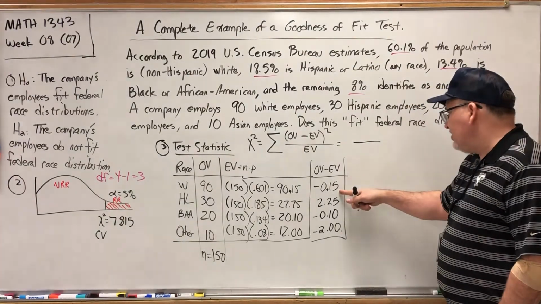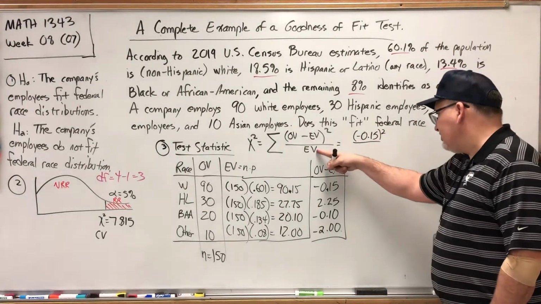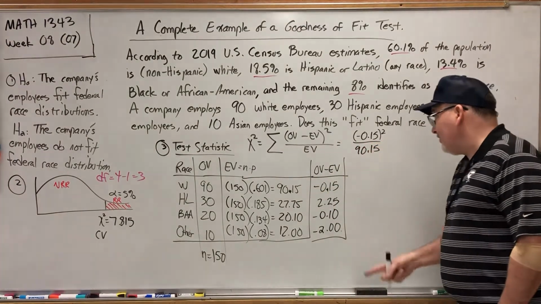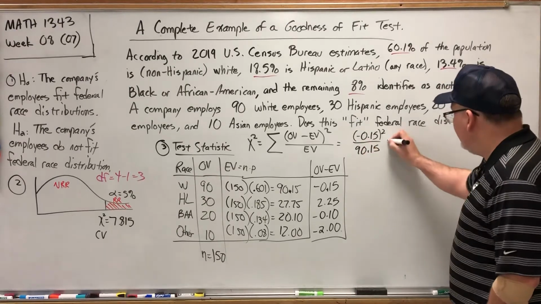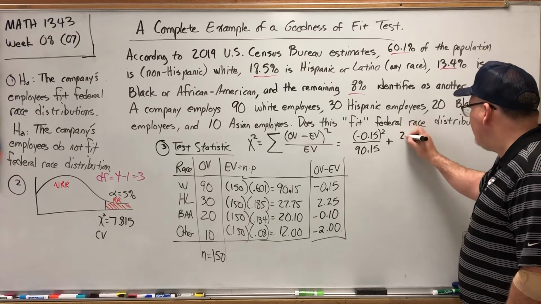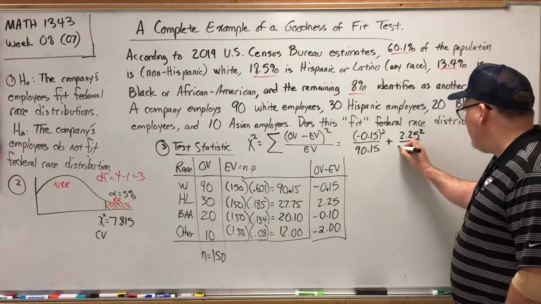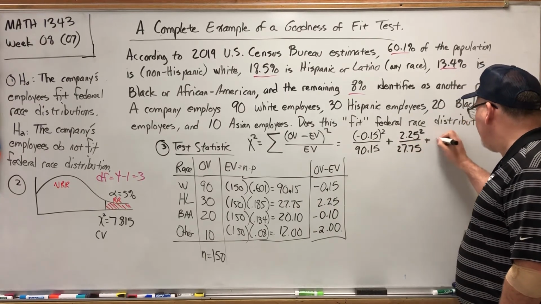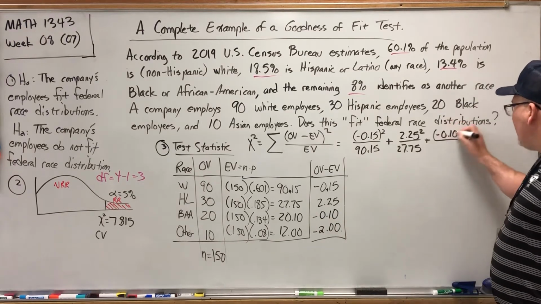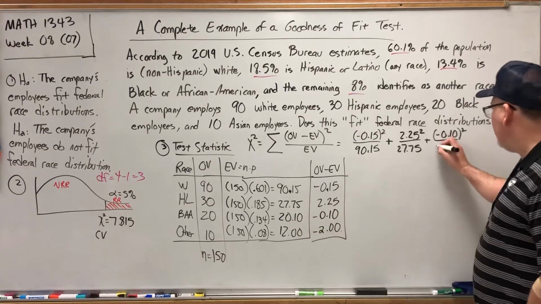The first difference was negative 0.15. That gets squared and divided by the first expected value, which was 90.15. And I'll be honest, I don't even need this negative. It's getting squared anyway. When I put it in a calculator, I won't type it. The next difference was 2.25. That gets squared and divided by the expected value of 27.75. The third difference was negative 0.10. That will get squared, and again, the negative is kind of necessary there, and divided by this expected value of 20.10